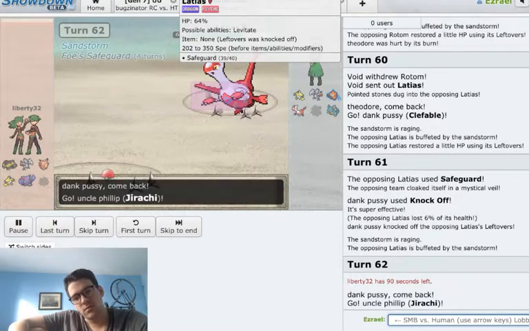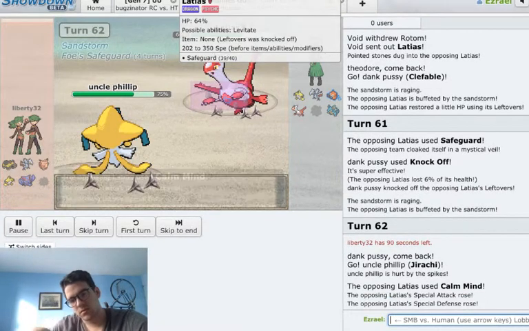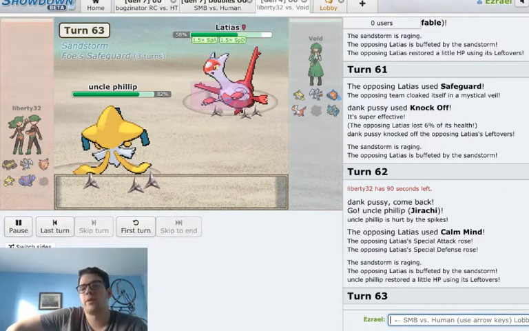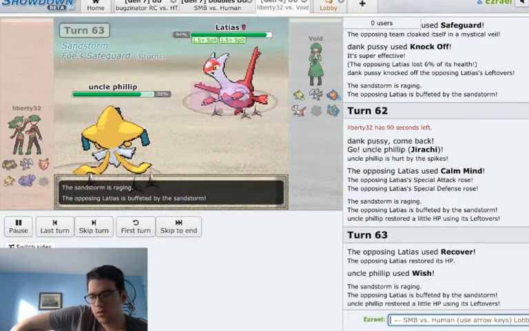it's going to start Calm Minding. I'm not sure that it can actually win long-term against us, though, without its Leftovers. Especially considering the Body Slam doesn't matter because of the Safeguard. Yeah. Well, the Body Slam is just damage. It's not...